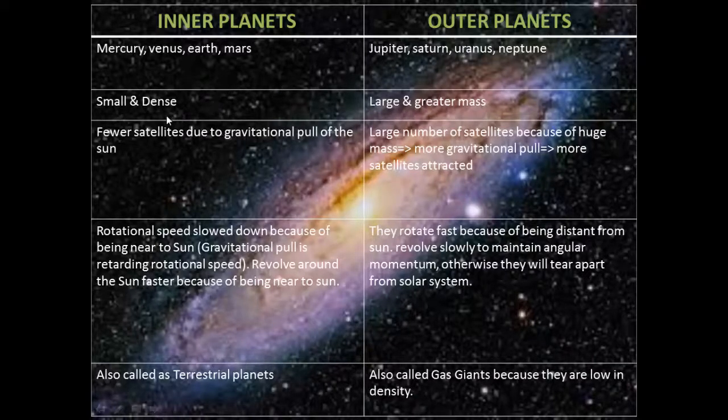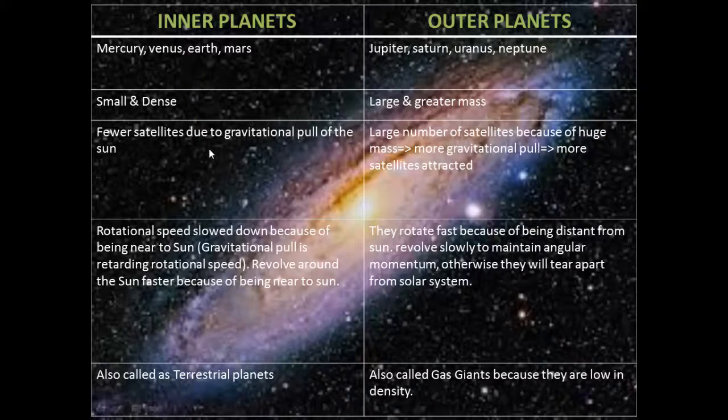Okay, so inner planets are small in size, as we have already seen, compared to outer planets, and they are also denser than outer planets, because first of all their size is very small, but the outer planet size is very huge. Okay,